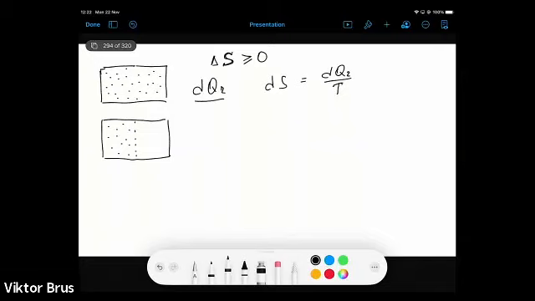So it doesn't depend on the path of this process. And that is an important factor which we will mention a little bit later. But so far we just need to highlight that this is a state parameter, and its change is defined only by